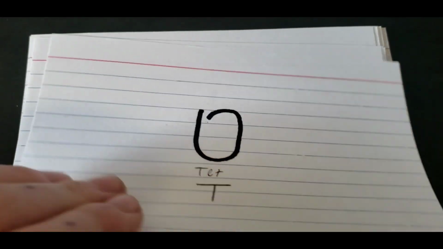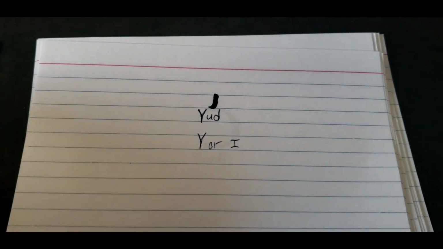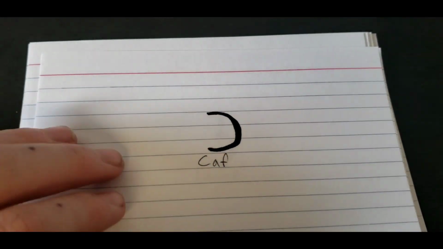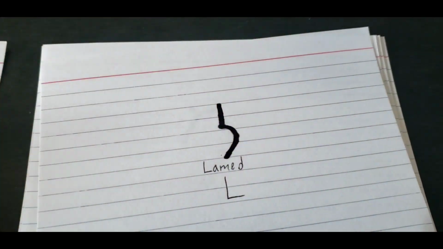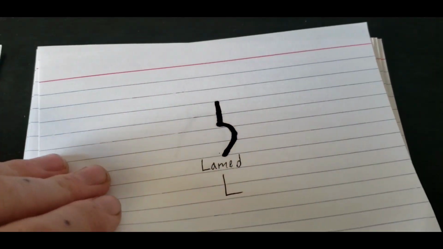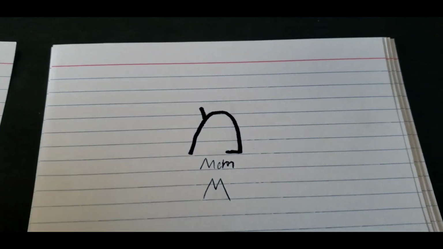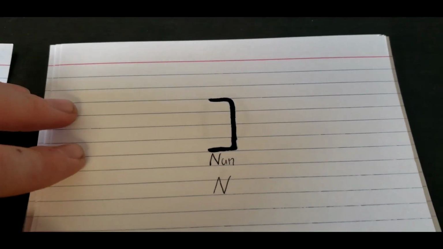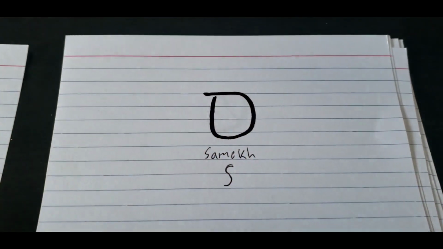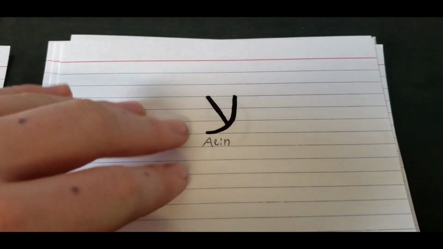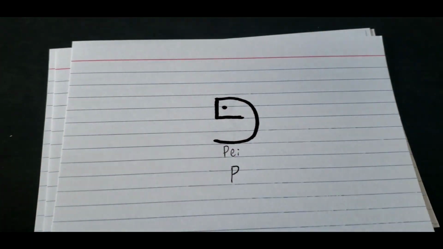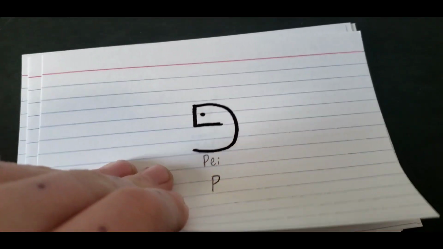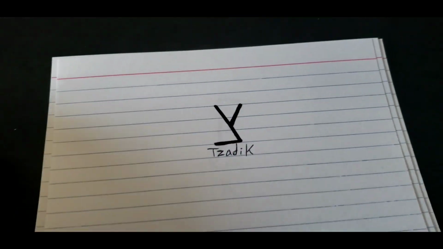Then Tet, then Yud, which is Y or I, then Kaf, then Lamed, then Mem, then Nun, then Samech, then Ayin, then Pei, then Tzadik,